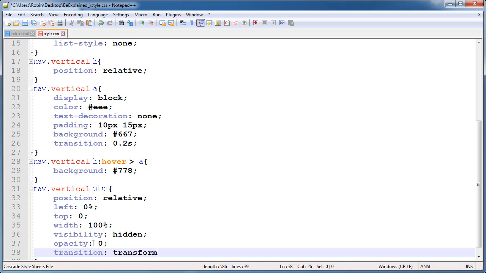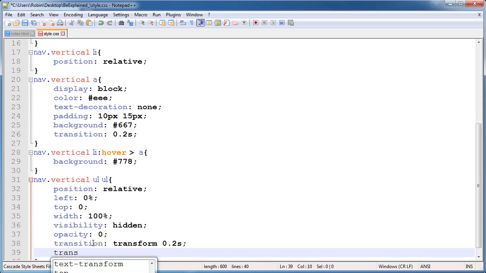So now we transform to the right side. Now we transform over 0.2 seconds, and now we transform our unordered list to the right side. Translate x axis 50 pixels.